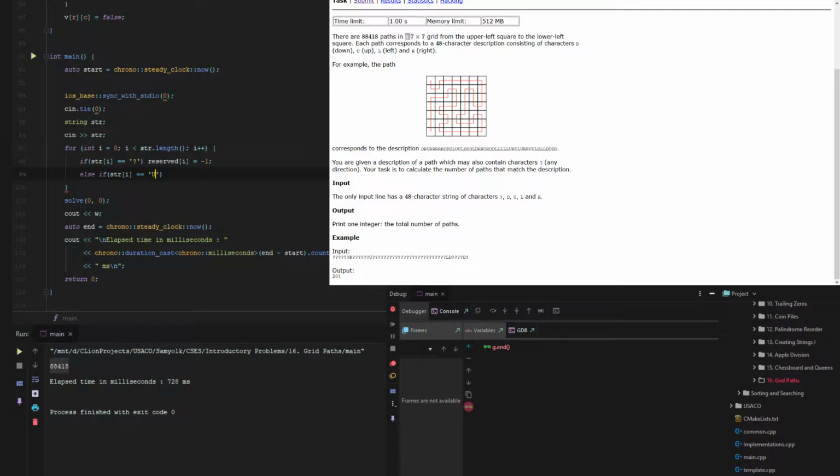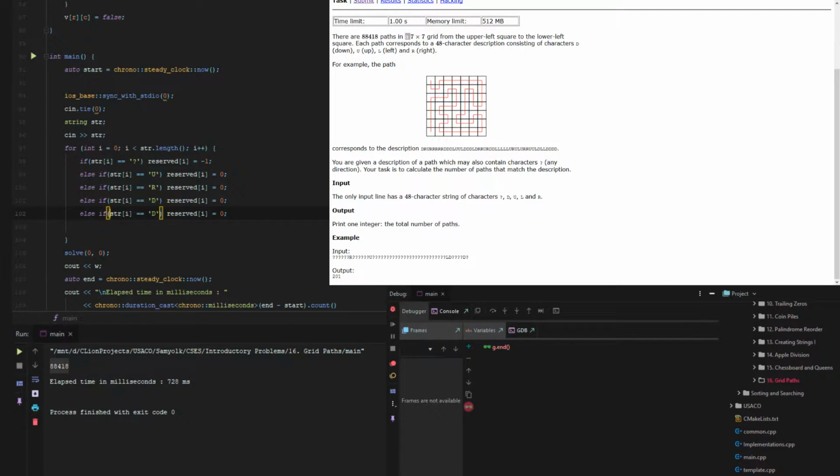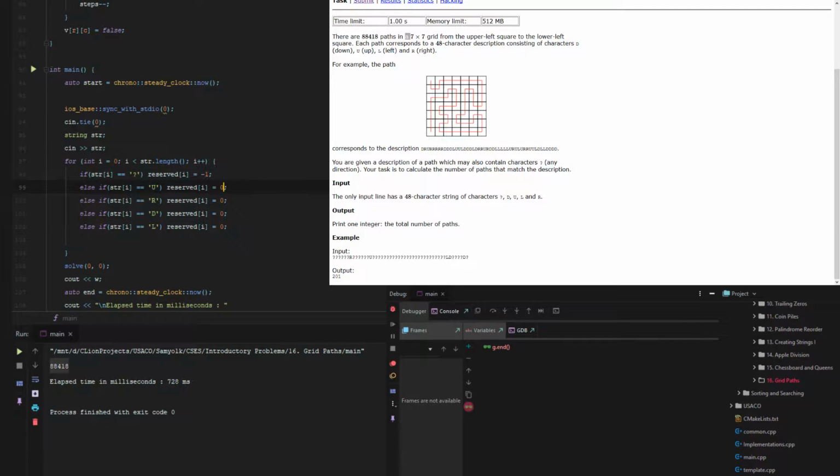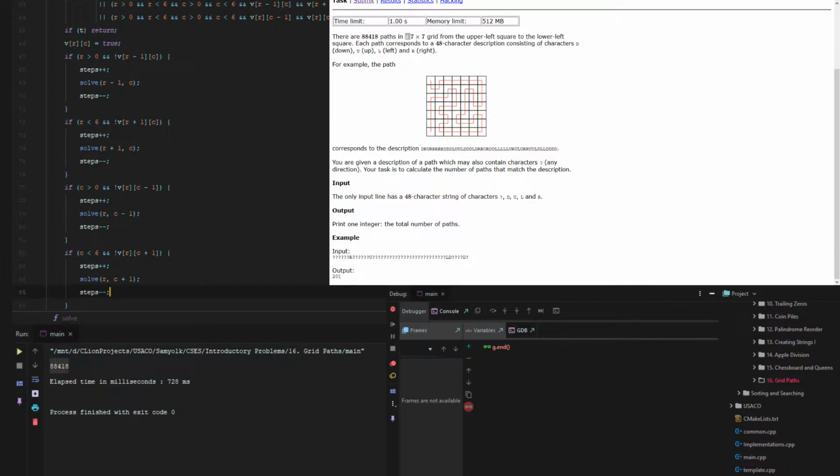I'm just gonna say up is 1. 0, I guess. Okay, and then 8 down, and then left. So then 1, 2. Okay, so now we have parsed the entire thing, and now let's see. So steps starts out at 0. So on the first step, it's at 0, which makes it perfect because then we can just see